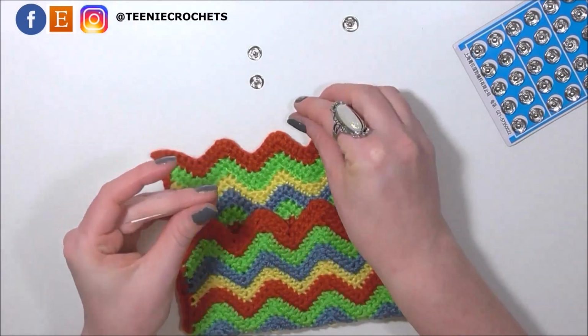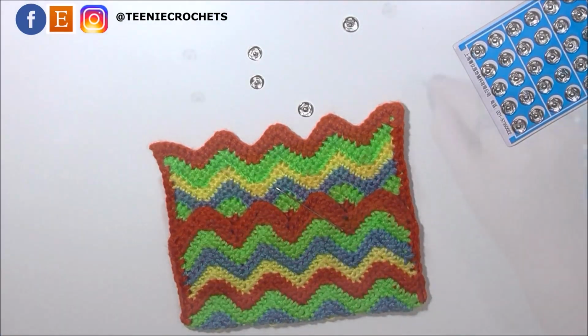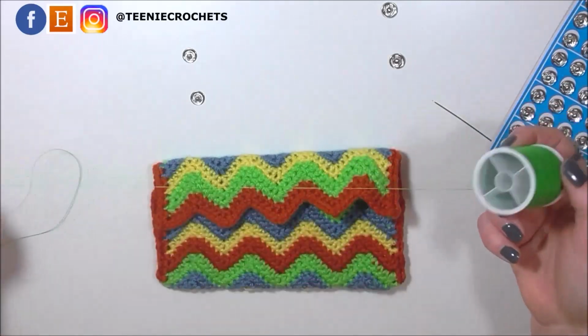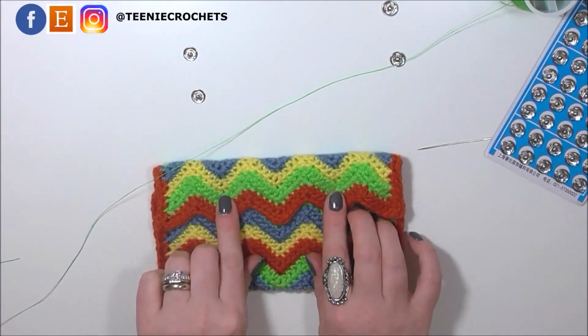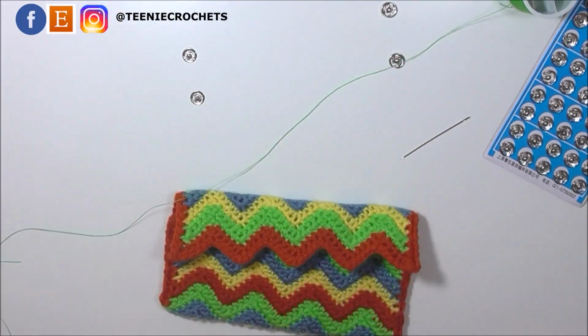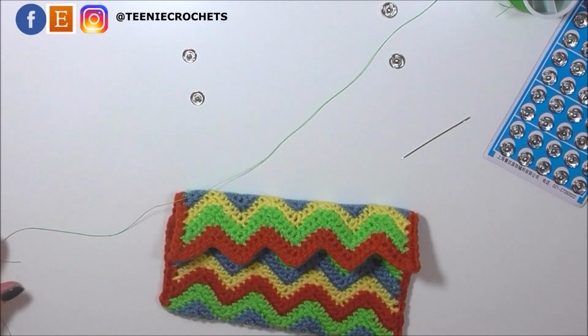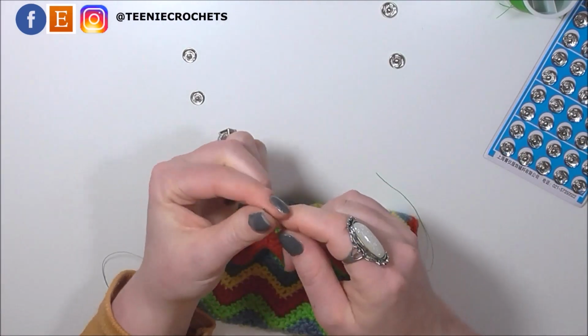Okay, so I had to find a tapestry needle, and now I need to go and find some cotton, so I'll be right back. Okay, so I've found some green cotton, because I'm going to put the first press stud on the green section of the lip. Cut a length off, thread onto my tapestry needle,